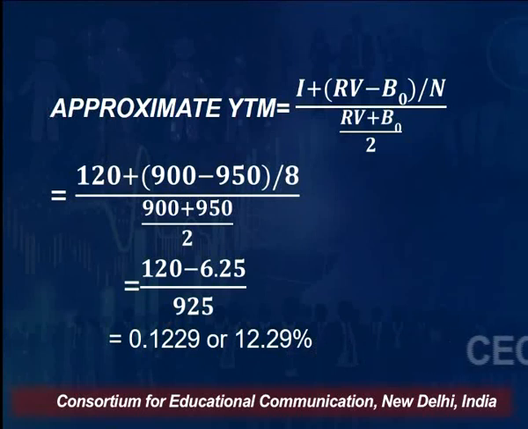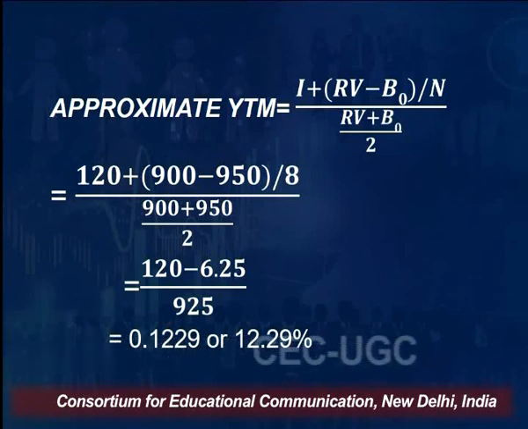Since the bond is of 1000 rupees, the coupon rate in our example is 12%. So 12% of 1000 comes to 120. So 120 becomes your interest. Plus redemption value, which is 90% of the face value of the bond, 90% of 1000 is 900 rupees. Minus B0. B0 means the current price. This bond is available in the market at 950 rupees. When the investor is buying this bond, it costs the investor 950 rupees.